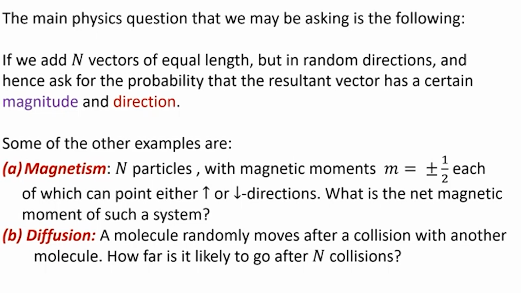Diffusion, this is in Drude's theory, that a particle, or here we are talking about a molecule, randomly moves after a collision. So, between two such collisions, they drift like free particles, and when they collide, after collision they move randomly in all possible directions. So, the question is how far is it likely to go after n such collisions, and that should be related to conductivity and so on. So, let me now do this random walk problem,